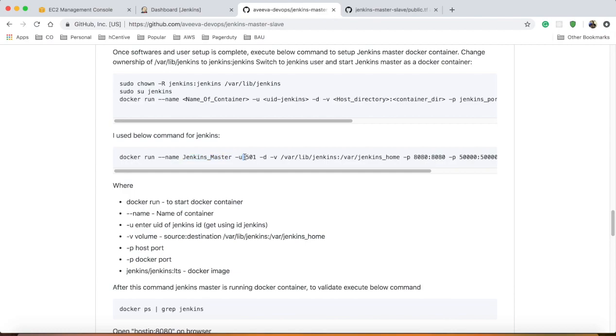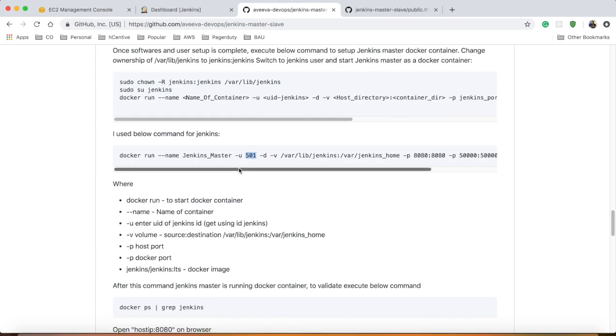-u is the UID. Remember I told you to note down the ID of the Jenkins user. This is why we need that. Without this, you'll get a lot of permission issues. -d is detached. It will run this command in the background, and -v is the volume. You need to mount this volume, and I already explained why you need to mount it. -p is the port. This is the port we expose. Once this command is run,